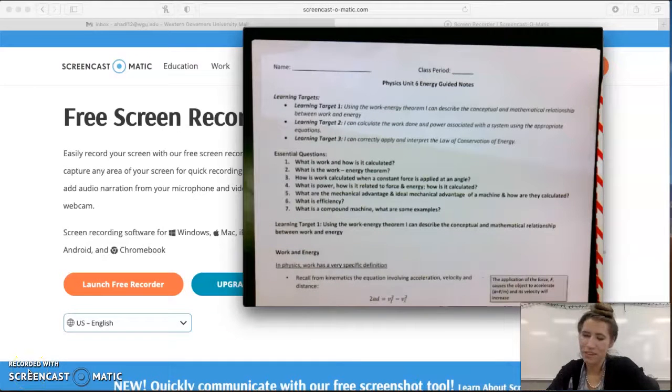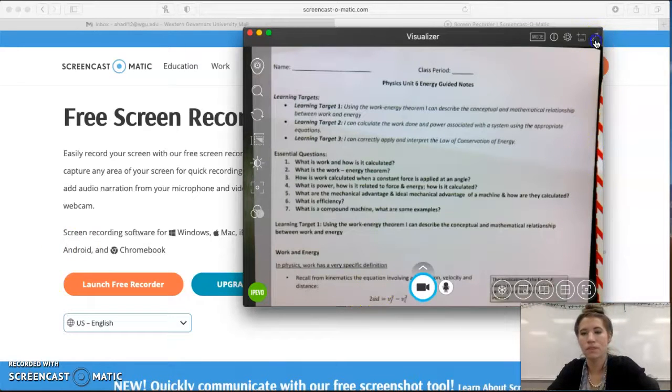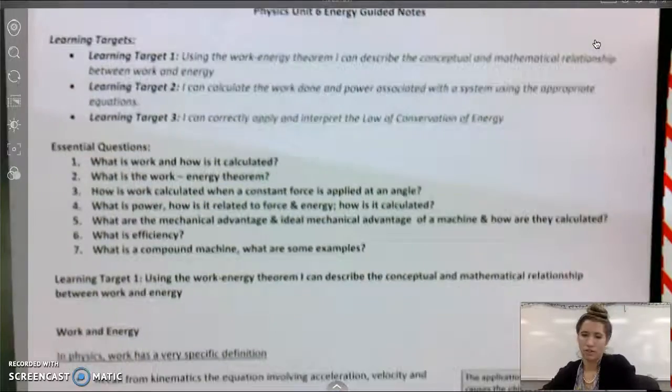Hello, everyone. We're going to start our conversation and lecture about energy, and it starts with relating energy to work and then comparing and finding the connection from work to power. Okay, so first,